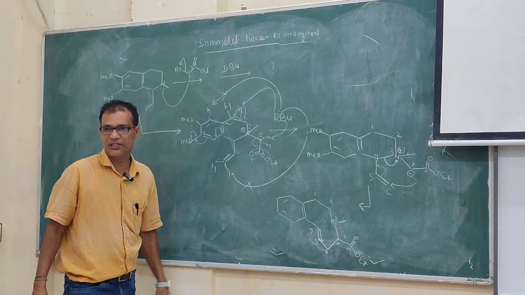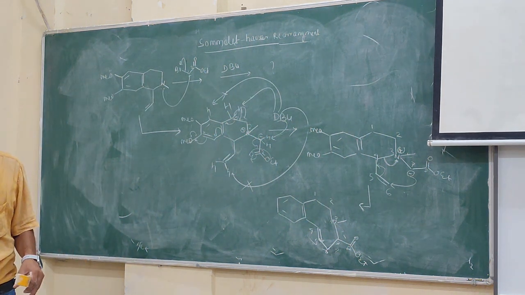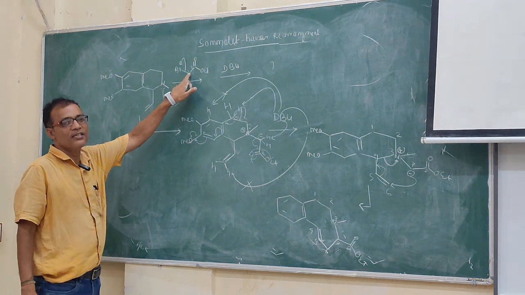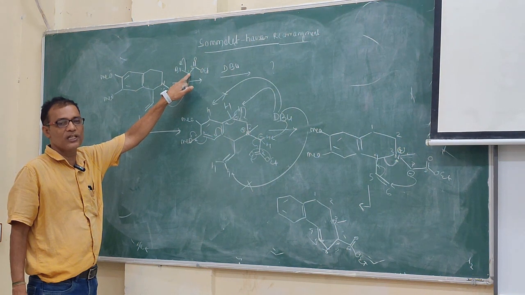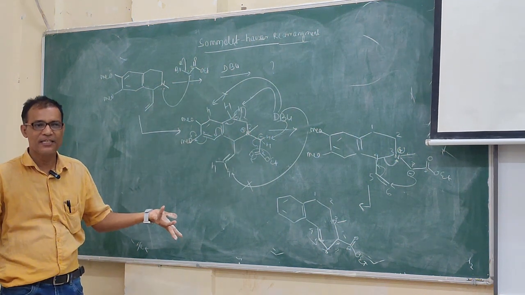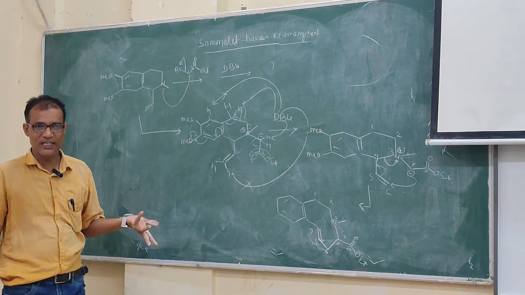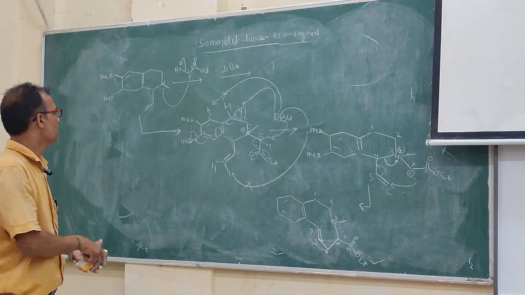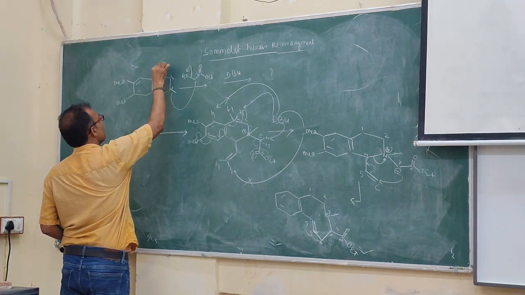In GATE, it will give 4 options. What will be the product? First, for nitrogen, one lone pair is there, and there is a halogen. Which halogen? This is sp2, sp3 or sp? sp3. That means nucleophilic substitution is easy. You just remove it, and it now becomes quaternary. If it is quaternary, you need to neutralize it. Then you have to find the beta position. This is alpha, this is beta. You take a proton from beta and this, then it will break.